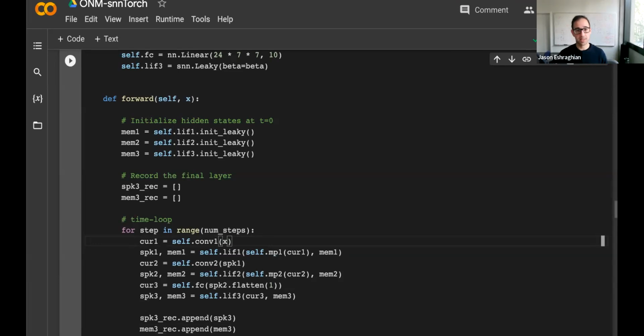So convs needs the 3-dimensional structure, that 1 by 28 by 28 structure of an image, to be preserved. So we don't flatten it. Current 1 is generated. We pass current 1 to max pooling as the input excitation to the Leaky integrate and fire neuron. We also pass the hidden state initial variable membrane potential mem1, and that's going to create a spiking value, and it's going to update the membrane potential.